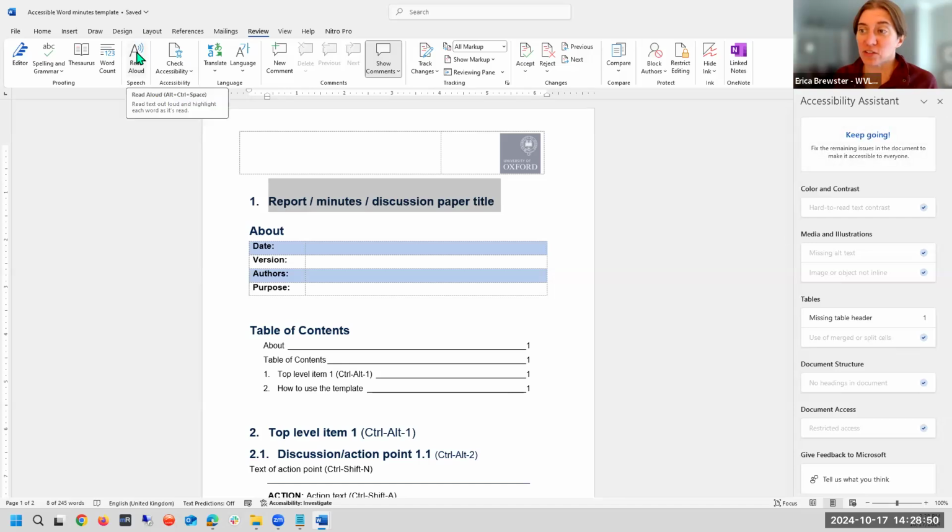You can also ask it to read aloud, and it would imitate to some degree a screen reader, and you might be able to test. Discussion paper title. I like the British accent because it comes from